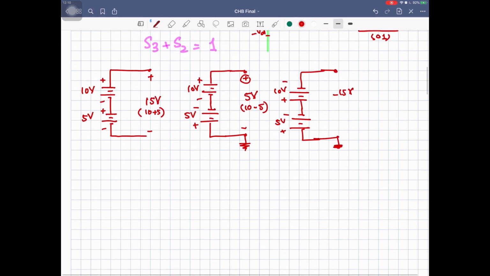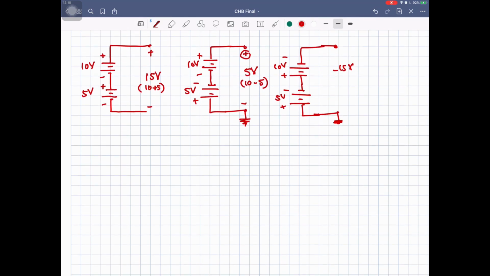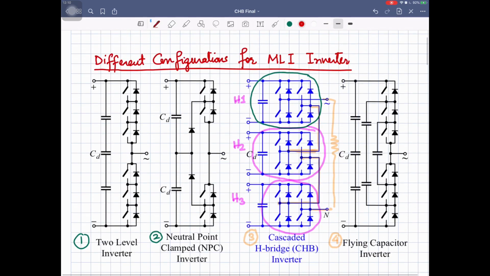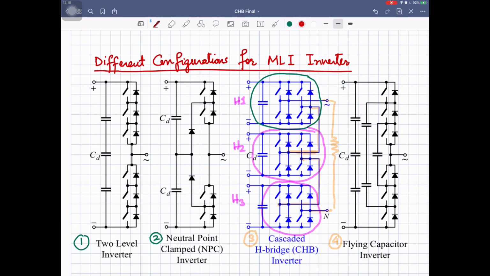Okay. Similarly, if I connect two H bridges in series, you can see over here, H bridge 1 is connected in series with H2. So what will be the net voltage at the output? The voltage applied by your H bridge 1, then H bridge 2 and H bridge 3, their net sum will appear between, let's suppose, this point A and this point N. Between point A and N, this net sum will appear based upon the polarities.